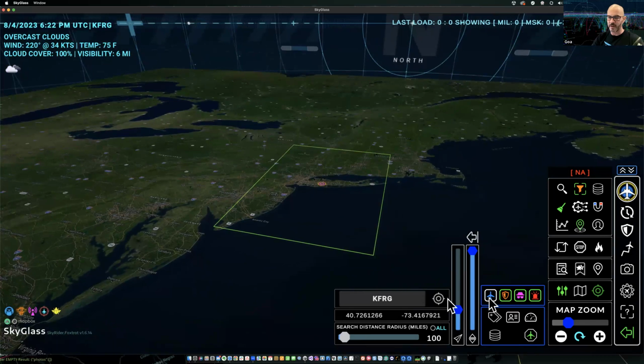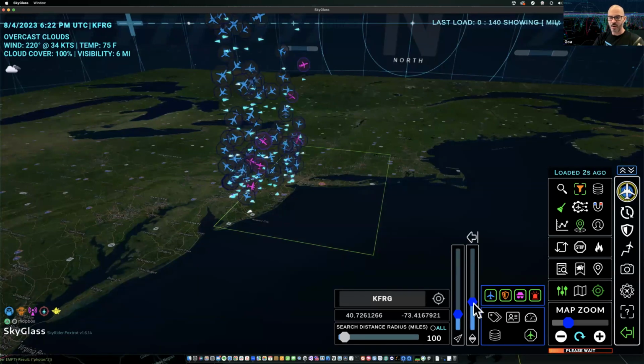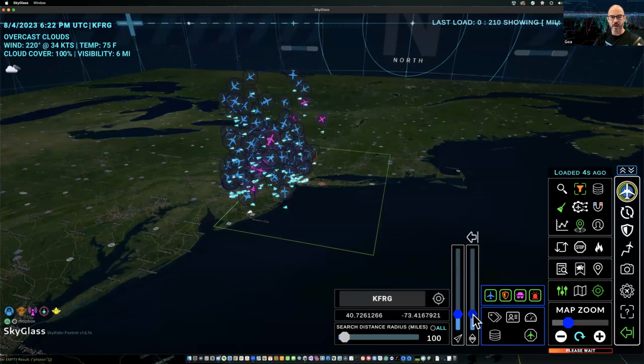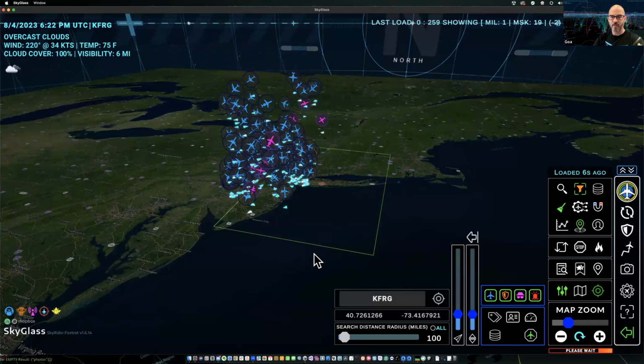So we're going to have a lot of traffic. I'm going to bring my height adjustment slider down in anticipation for the aircraft numbers here. And I'm going to click on the top right-hand button in the main button stack, which is a load button. And we'll see all these aircraft start to render in. Okay, so as this finishes,